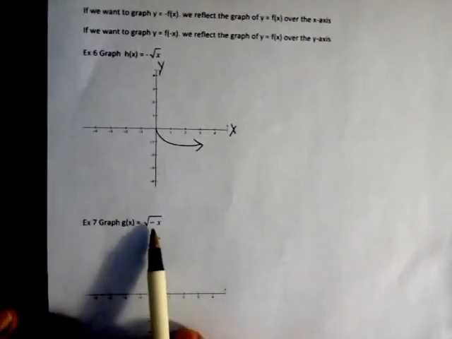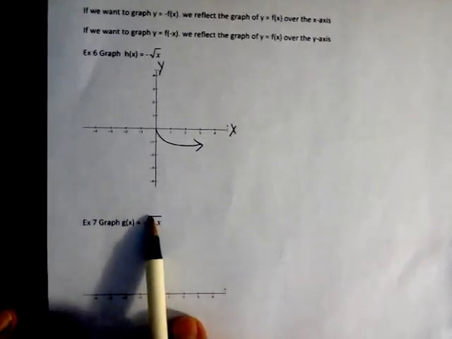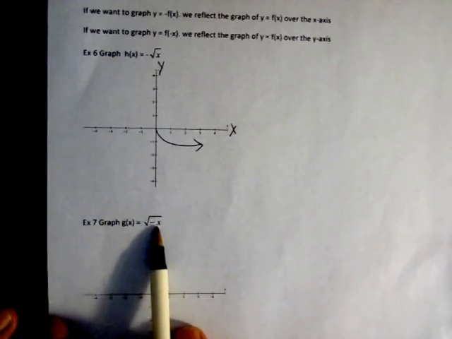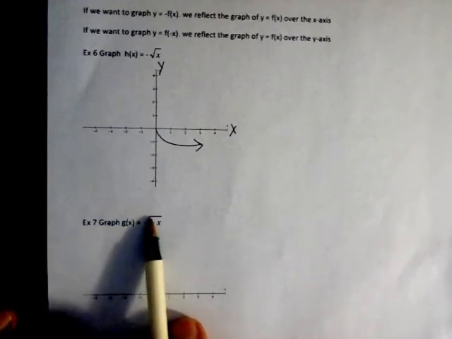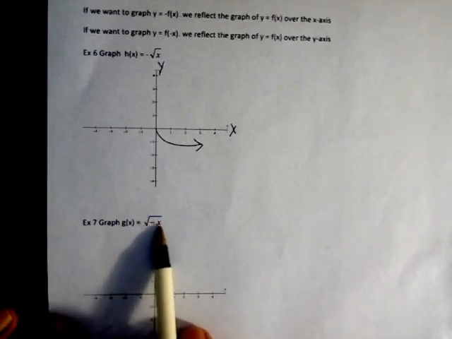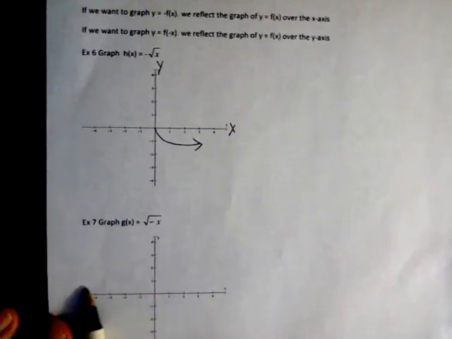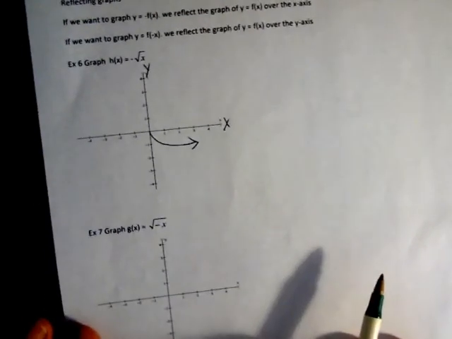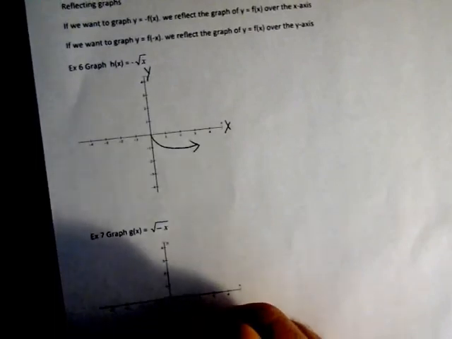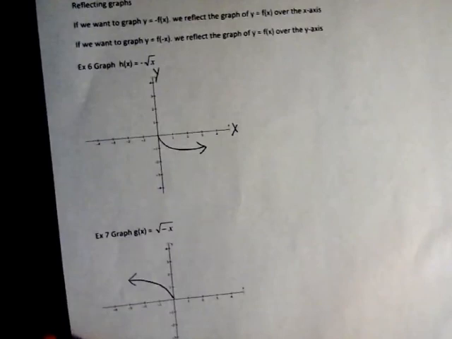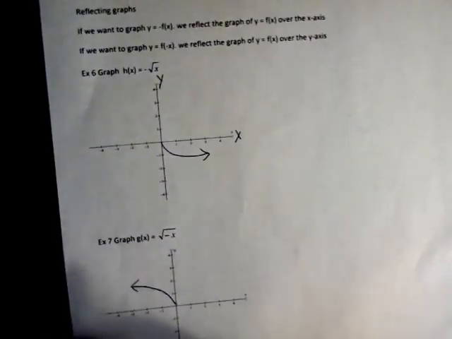Reason for that is because before I take the square root, I have to change the sign. So think about a square root of x. The number in here has to be positive. So the only way we can get positive under here is for our x's to be negative. So that's how this works. And so I just kind of sketch that. And that's your reflection about the